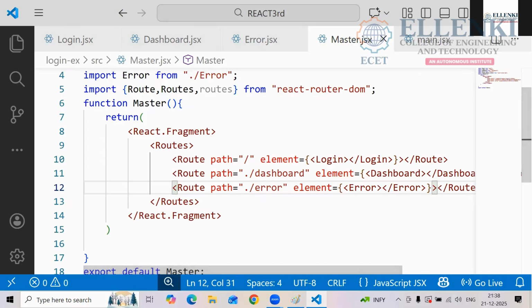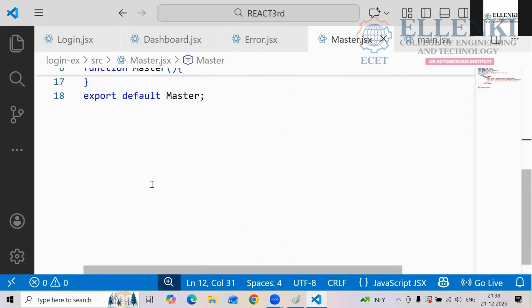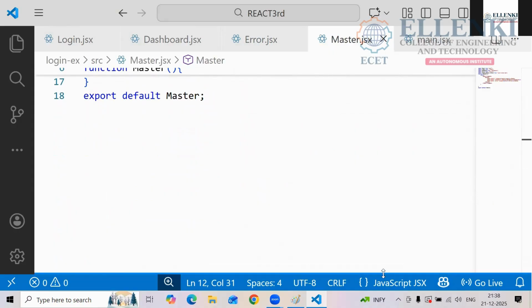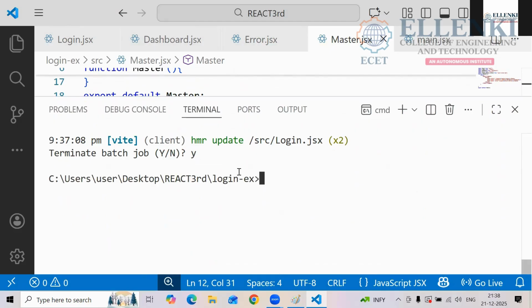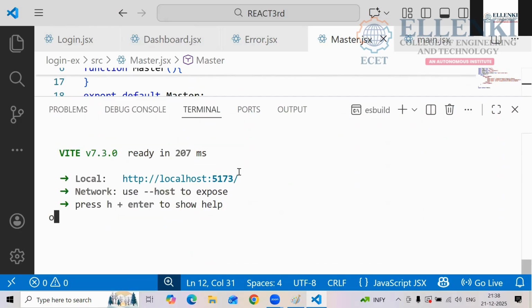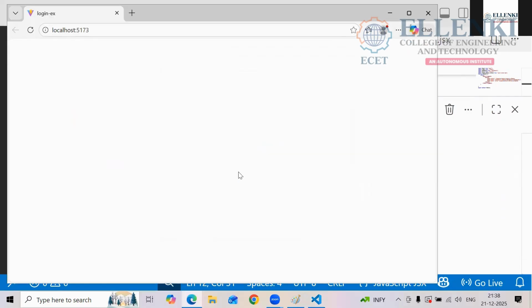We will see once again in the terminal what will happen. Also we are not getting.